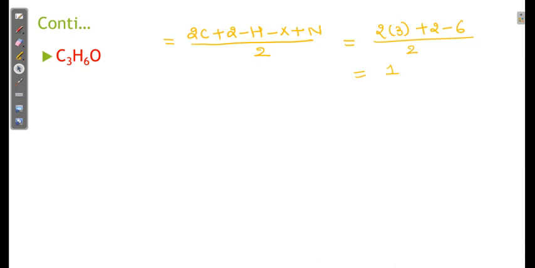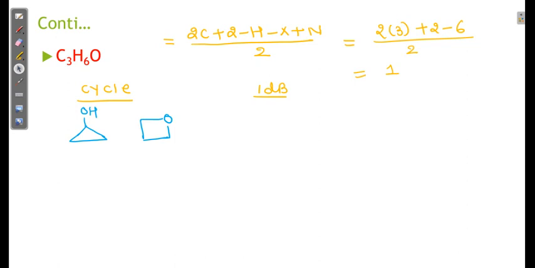Okay, so DU is 1. That means, because here we cannot classify it, DU 1 means one cycle or one double bond. If we see one cycle, then what is the possibility? This possibility is: there are 3 carbons and this one. Calculate, it has DU 1 because one cycle is there. Another possibility is